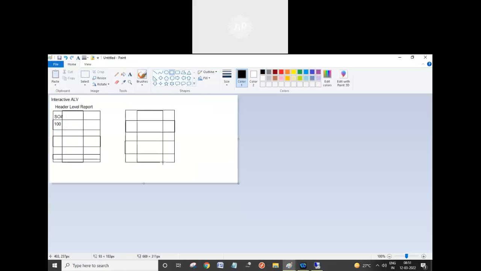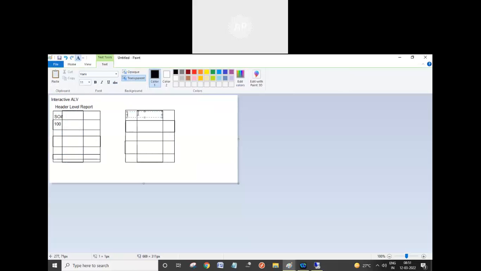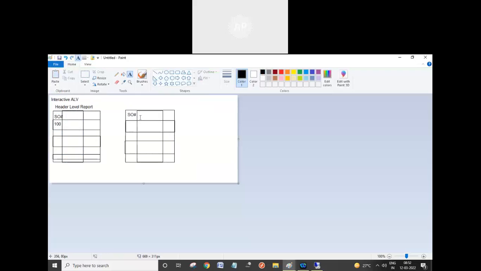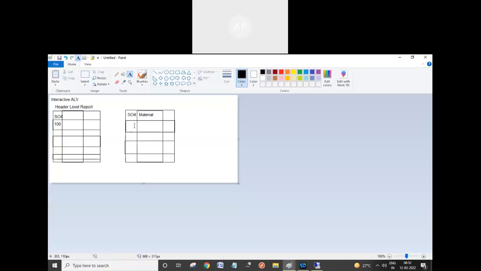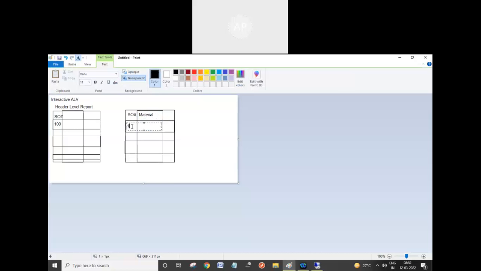Okay. And then for example, in item level, I have material. Some material number MAT 100.